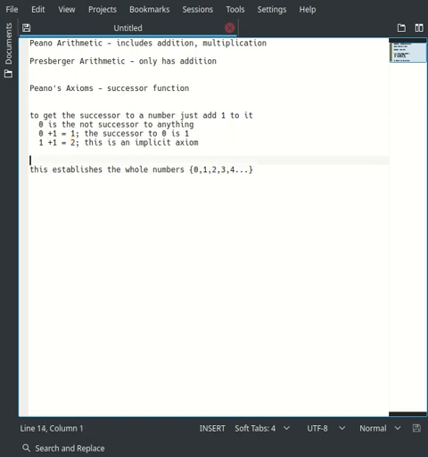is part of the reason that it's bogus that we claim Whitehead and Russell proved that 1 plus 1 is 2. You can't do that. You can't do that from this framework. It's not actually possible. Okay, this establishes the whole numbers. The problem is, when you introduce multiplication,